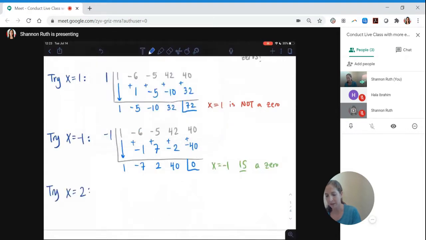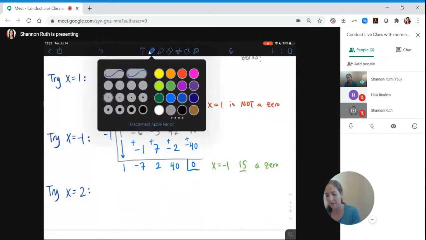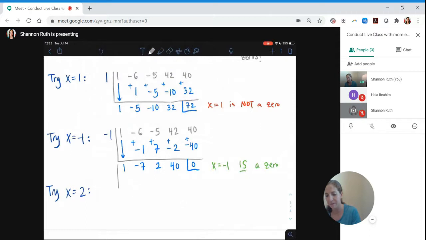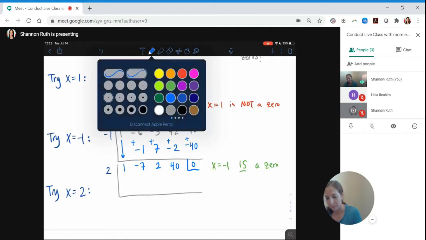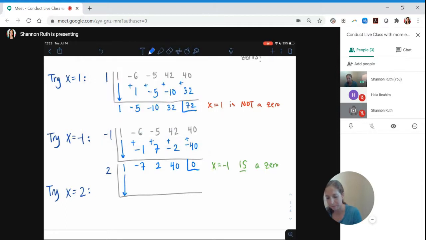And here's where things get a little fun. I'm going to build right off of the synthetic division that's remaining from the last process. So I don't need to start back over from the beginning. I'm going to build off of the remainder from our 0 of x equals -1. So here we're trying 2. Go through that synthetic process. So I'm going to drop, multiply, add, multiply, add,